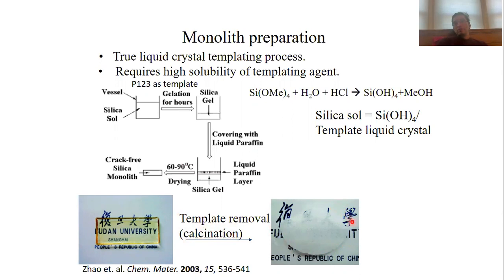This doesn't mean that your mesopores go away, but you have macroscopic cracks just because of the mechanical stress induced due to the template removal process, and also in part due to further condensation of the